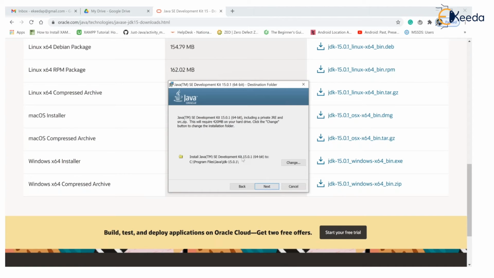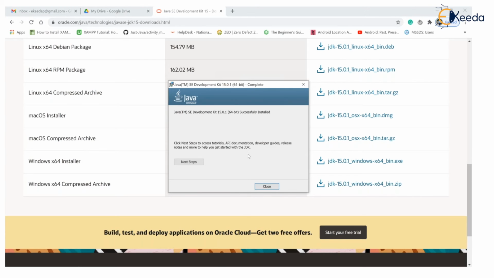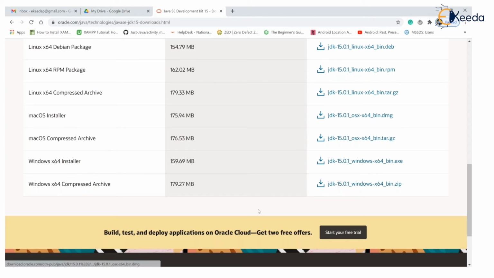It will ask in which location you want to store it. Let's keep the default and click on next. It's fetching all the files, installing, all done. Now I have successfully installed